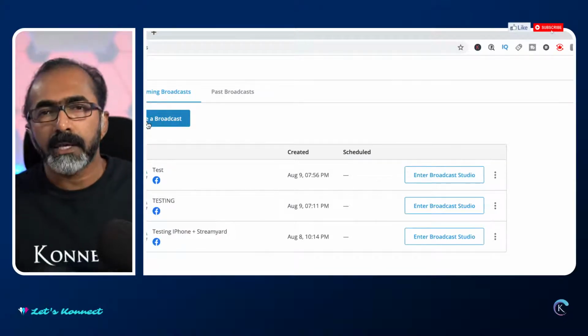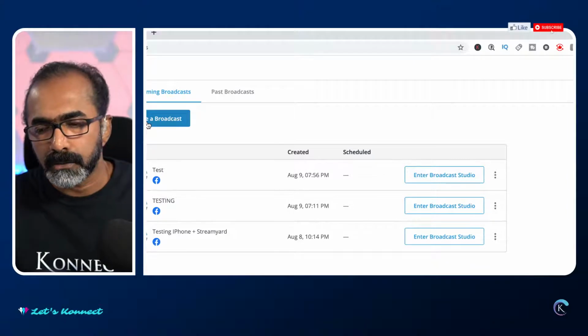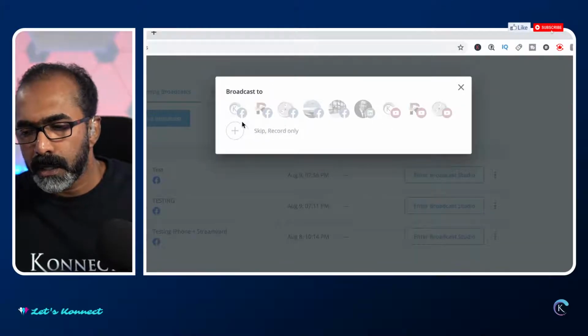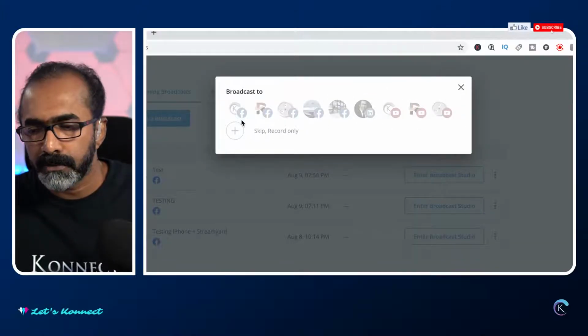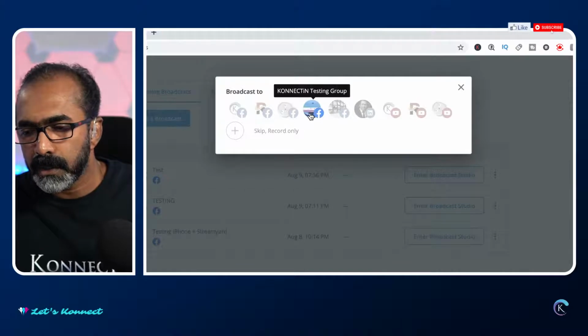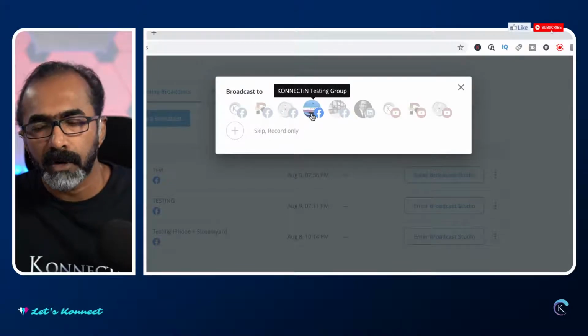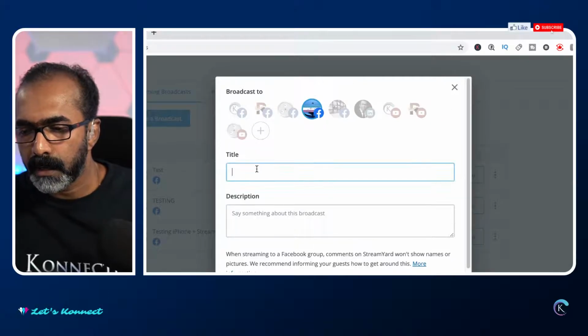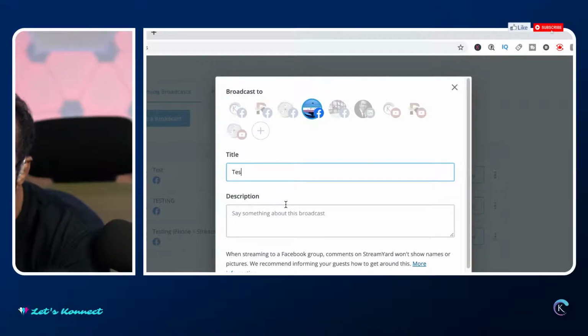Now under broadcast, there's an option called create a broadcast, and that's what you choose here. That lets you choose all the destinations that you configured. So here I am actually choosing one of our testing groups. Okay, and here you give a title called testing live